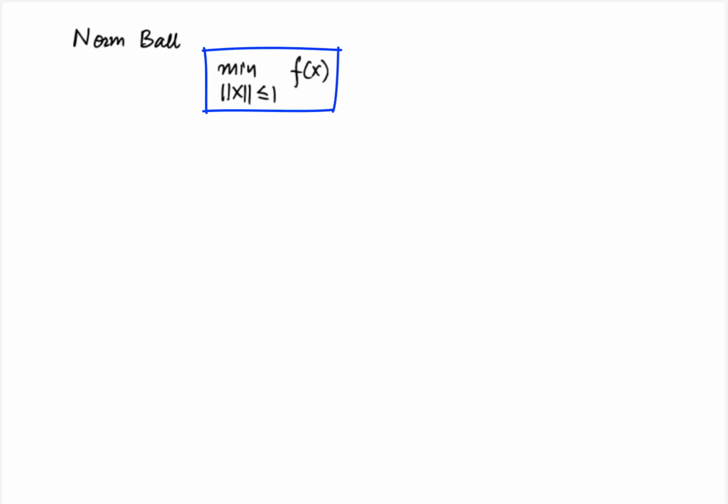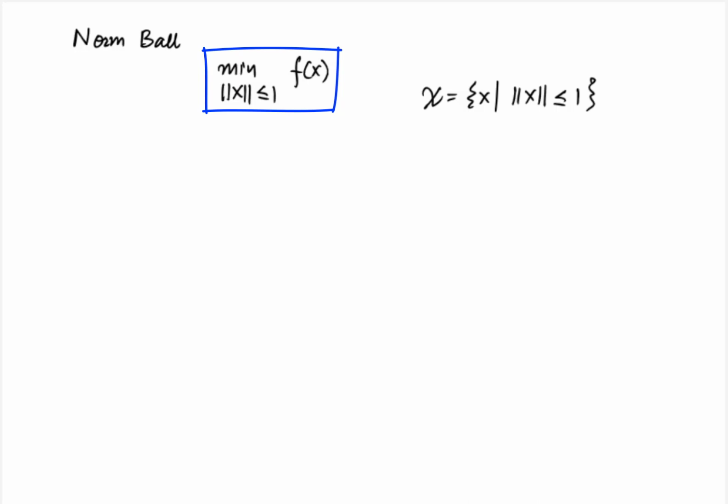We will start with a very simple example, that of minimization of a function over a unit norm ball constraint defined on an inner product space. Here the Frank-Wolfe method will not have any specific advantage, but it will just give us insight into how projected gradient descent and Frank-Wolfe methods are different. Consider the problem: minimize f of x subject to norm of x less than or equal to 1. So here calligraphic X is the set of all x such that norm of x is less than or equal to 1, or the unit norm ball.